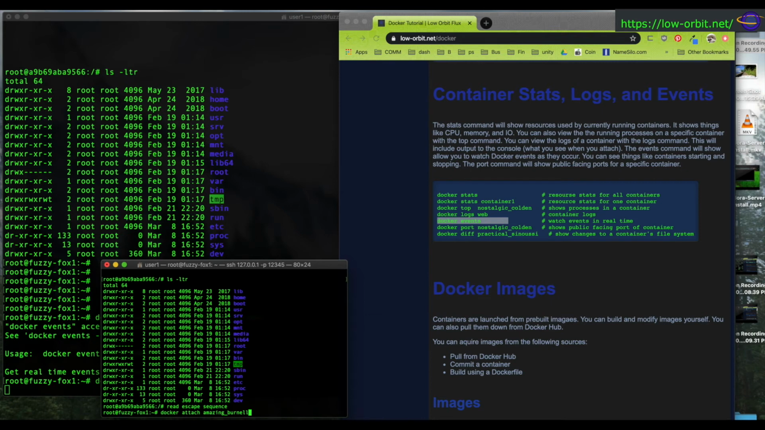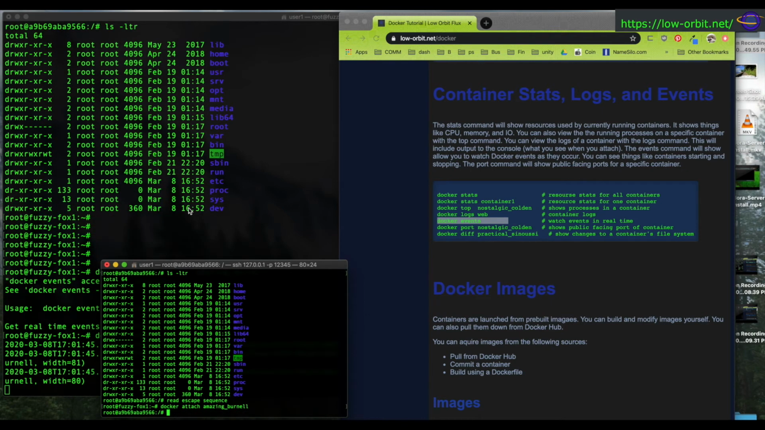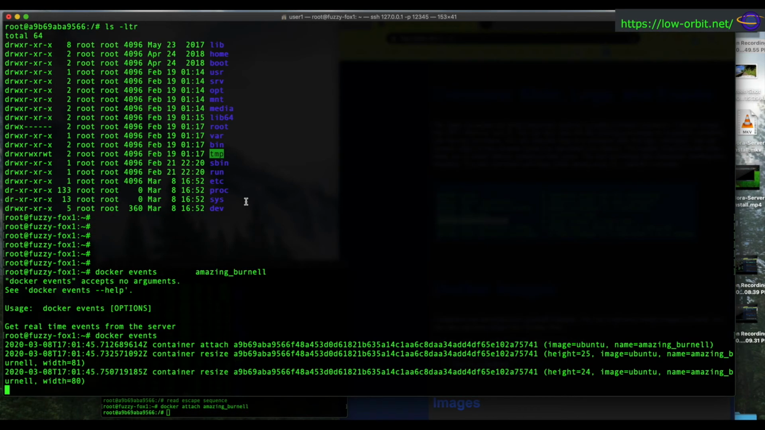Anyways, I can attach to this container from this other terminal over here, and you'll notice it lists out some events. So container attached to this container right here. So it's basically telling you that someone attached to it and resized. I don't know why it's telling me that it was resized, but